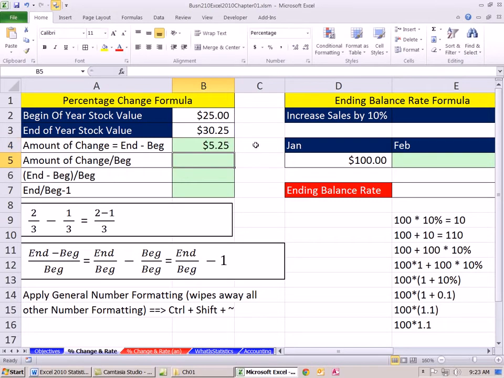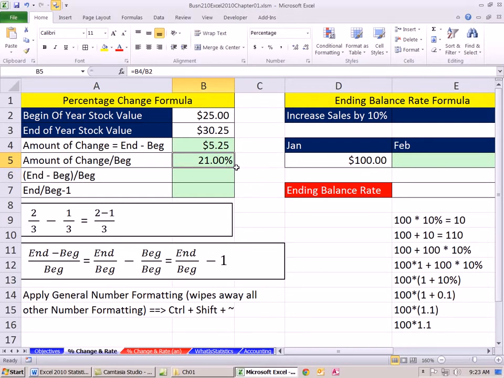So once we have $5.25, this amount is positive, which means we had an increase. If it was negative, we'd have a decrease. These formulas will always work no matter if they're increases or decreases. All right, so we have a part. We compare it to the original starting begin amount using division, and that will give us our percentage change. So the amount of change divided by our beginning amount. When I hit enter, we have